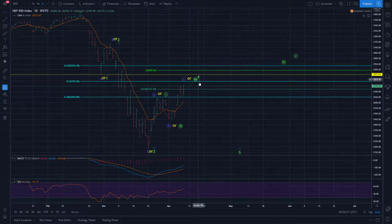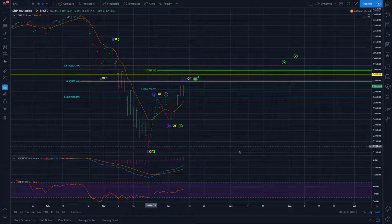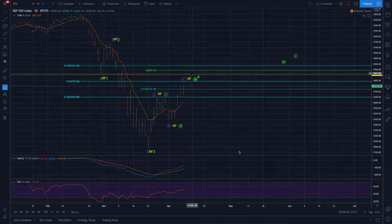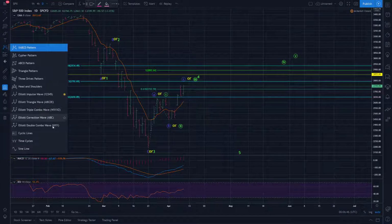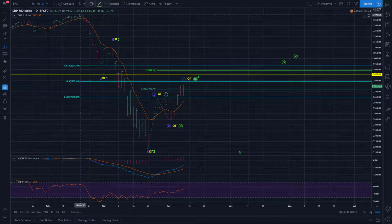But what I'm thinking here, either way, is since this does look like a more distinctive 3-wave decline, and let's say we do push a little higher here and get some 4-1 overlap but then fail, well, does that mean that this is ABC down and we're just going straight back to all-time highs? No. I think it would lean into a potential double zigzag,